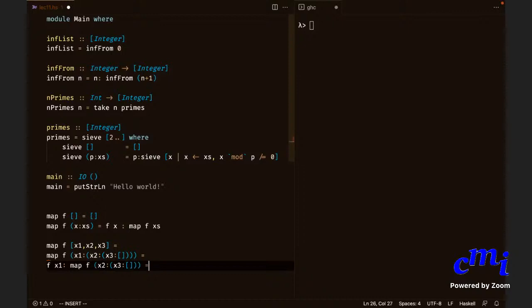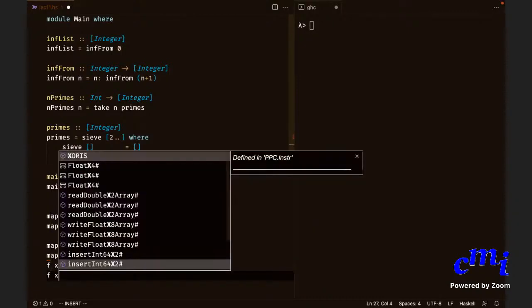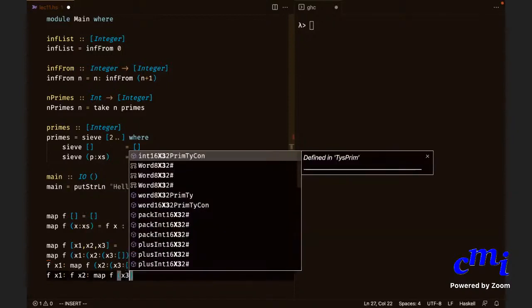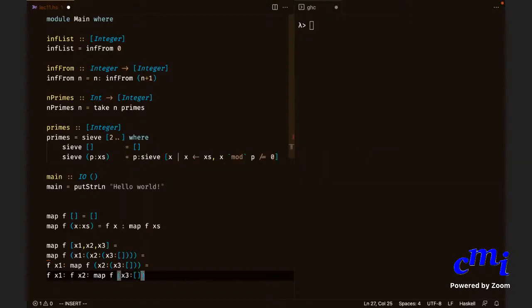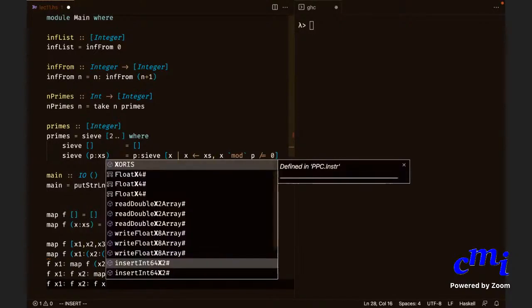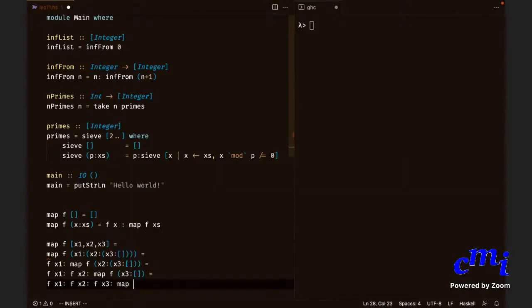Okay. Now this is equal to fx1 colon, what is this? fx2 colon map f of the rest, fx3 colon map of f on the empty list.